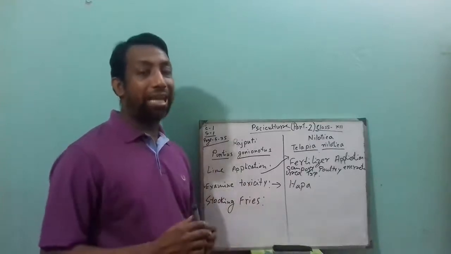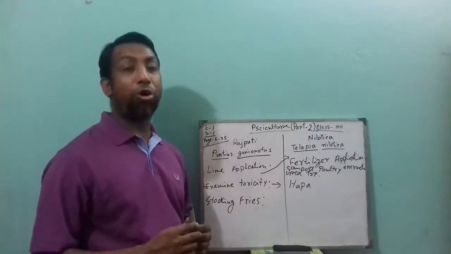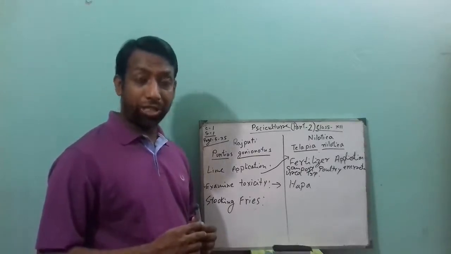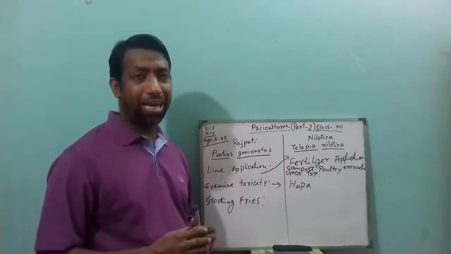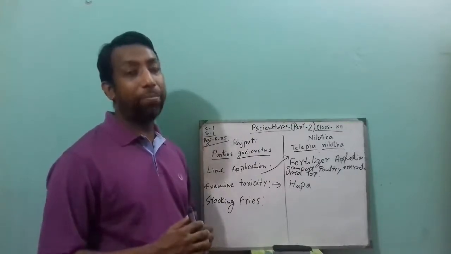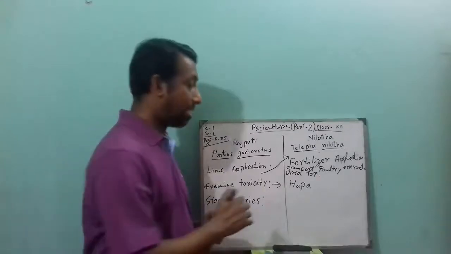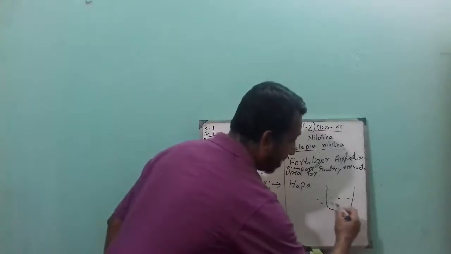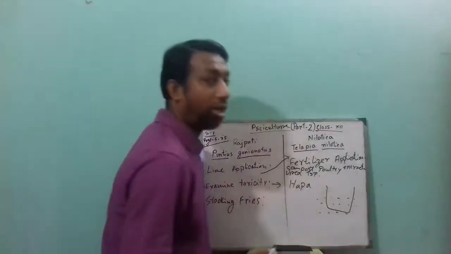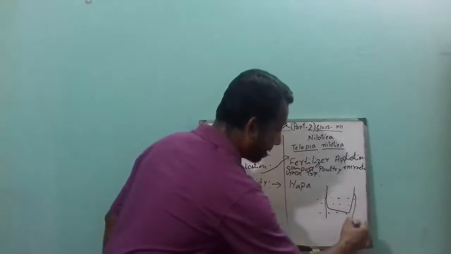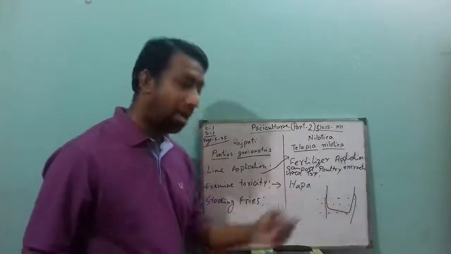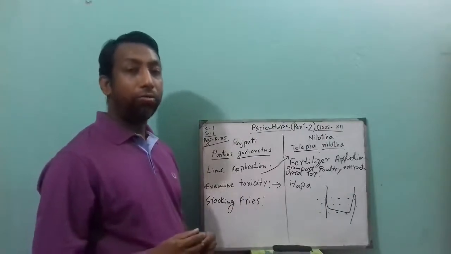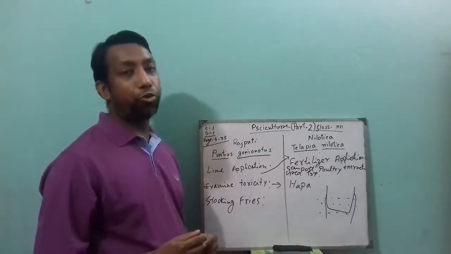Establish four bamboo poles in a corner of the pond and put a mosquito net or a normal net upside down, so that it makes a circle like this and extends into the water. This is called a HAPA. In this HAPA, if you release 3 to 4 fries and leave them for up to 24